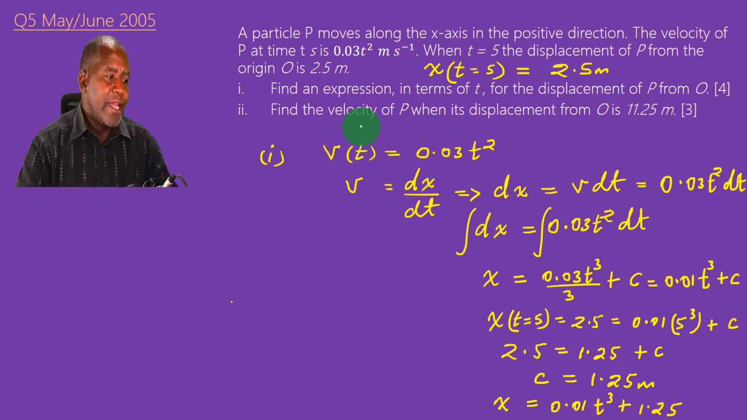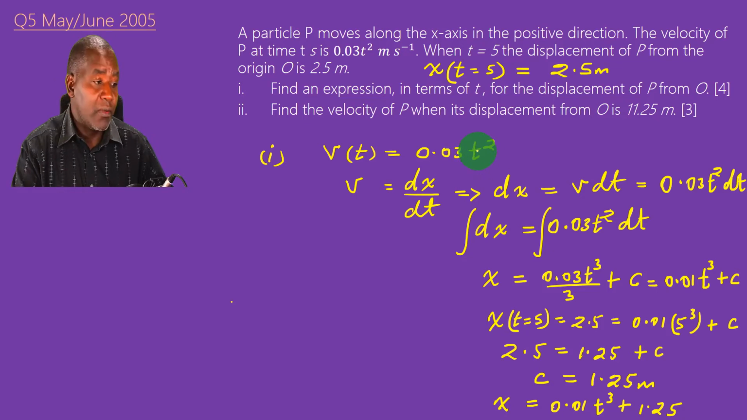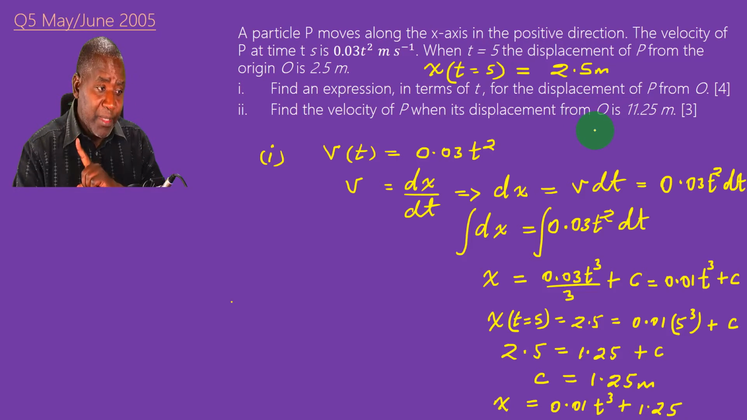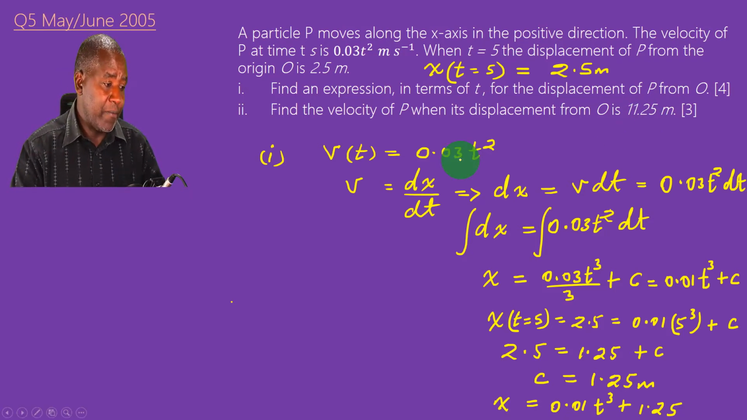Second part, find the velocity of p. We've got the expression for velocity. If we want to find the velocity at a particular instant of time, we need to find the value of t. So find the velocity of p when its displacement from O is 11.25 meters. It means I have to use the expression for the displacement to get the time when that displacement is 11.25. So for part 2 here, use this empty space here,